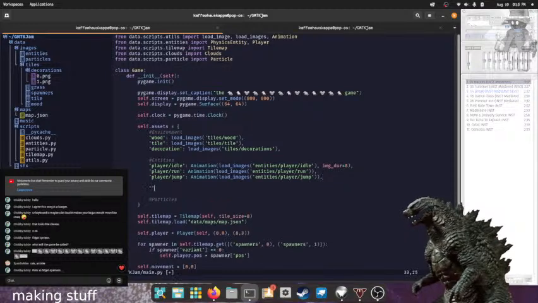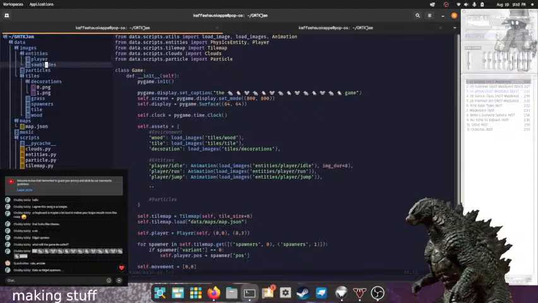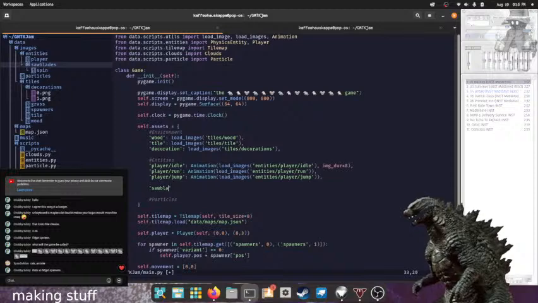So this is going to be in the entities loading area. I think I put it under entities. Yeah, entities, sawblades, spin animation, images, entities, saw. There.